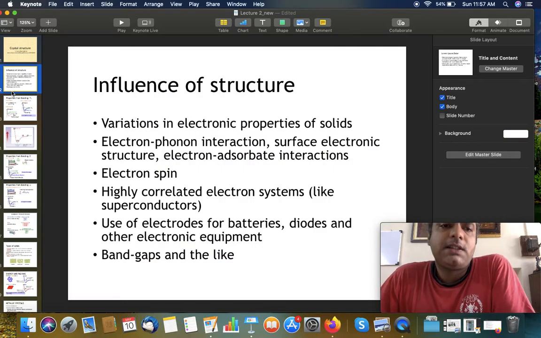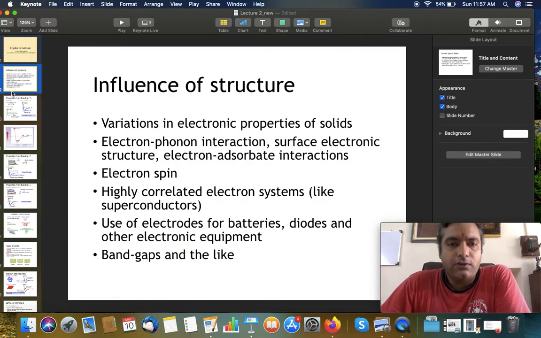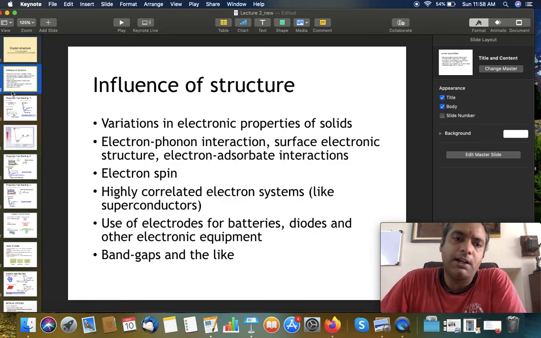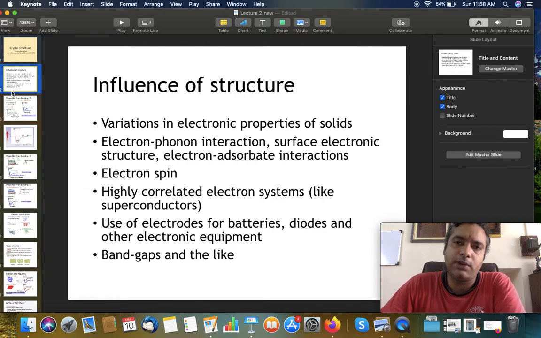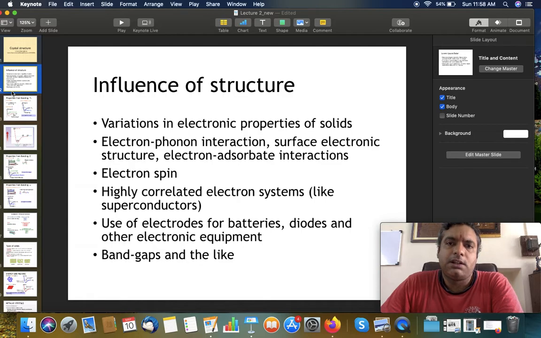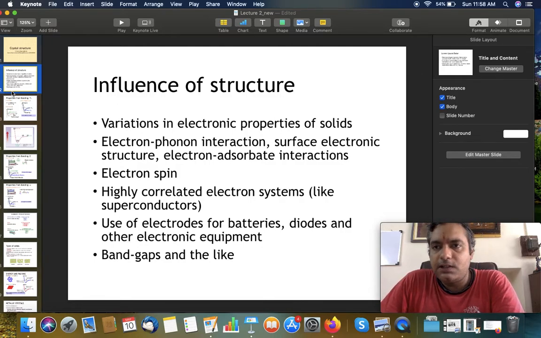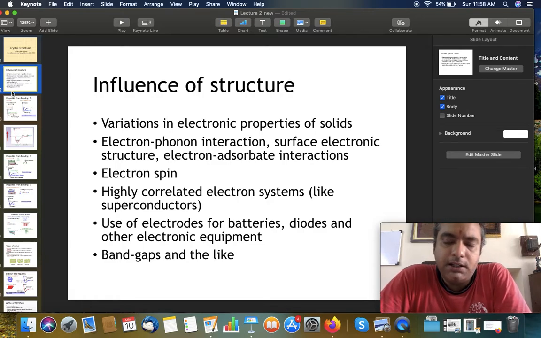First, we'll see what is the influence of structure and crystals in the various fields of physics and chemistry and nanoscience that we are exploring and coming in contact with in day-to-day science today. What are the things which we have to understand, and how are these things helpful and applicable in modern day science? The variation of electronic property in solids is one of the most important concepts in crystallography, and based on